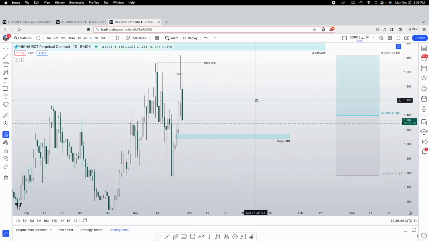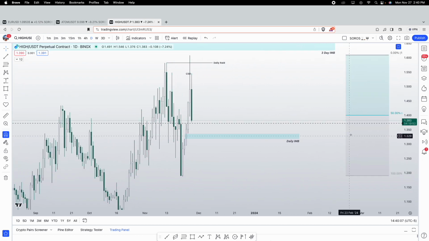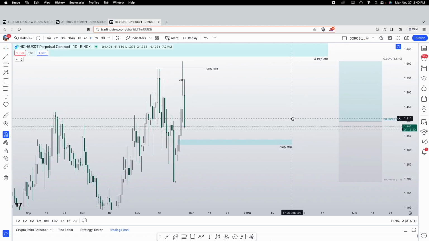Typically on a mean reversion, you're looking at your dealing range. So from this wick low to that wick high, you mark out your premium discount range, and you're looking for an imbalance within that range. So I'm aligning the external daily raid with the internal daily imbalance here, and that's typically what I'm targeting in discount to take profits. So I'm expecting within this range one more push down into here, into pretty deep discount,